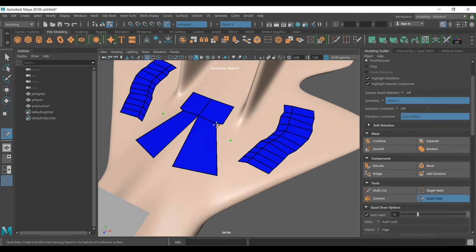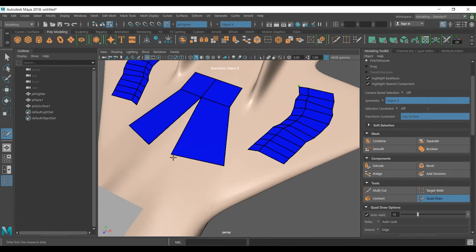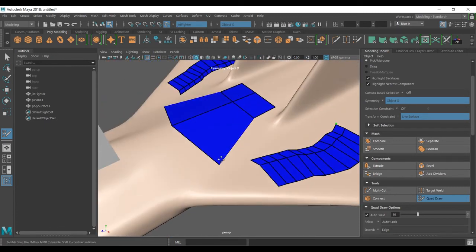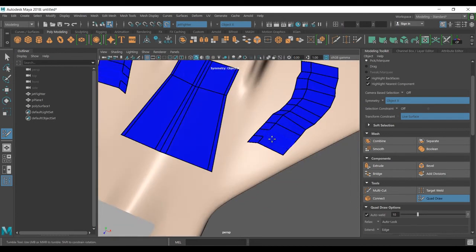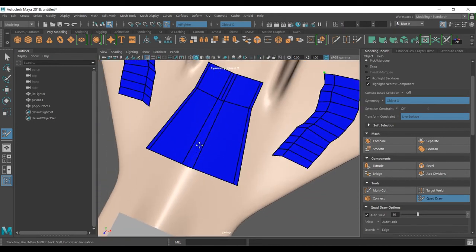Okay, snap it there. There we go. And snap it there. So now I want to show you how you can insert loop. The first method is holding the control and you can insert loop. The second one is if you want to insert loop between these exactly, you're going to hold the control and